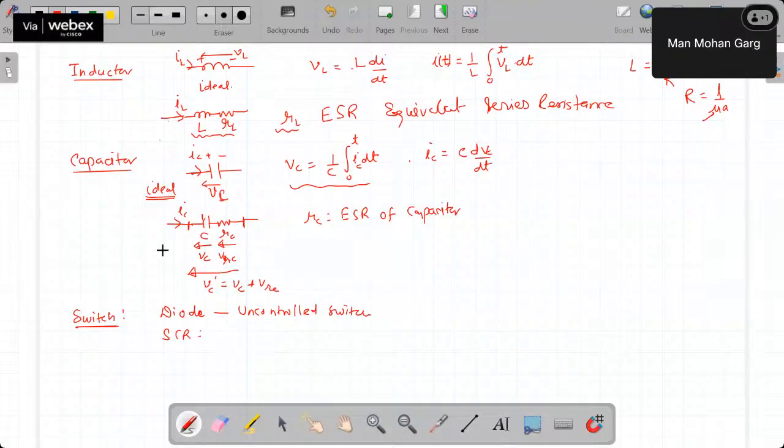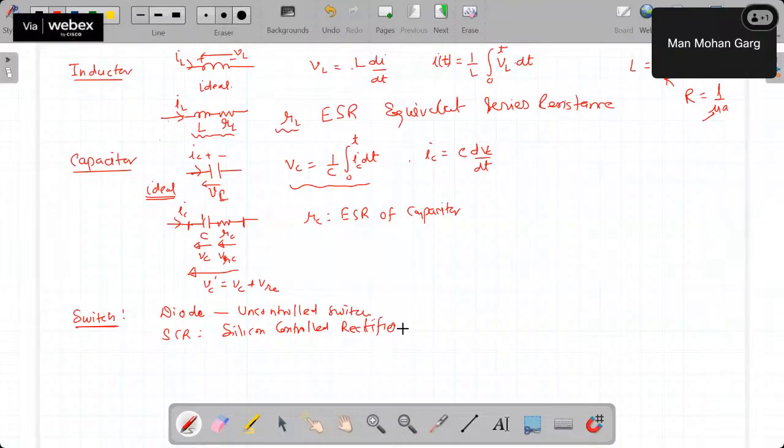What is the full form of SCR? Can anyone of you type in the chat box, please? If anyone can tell what is the full form of SCR? So SCR is basically silicon controlled